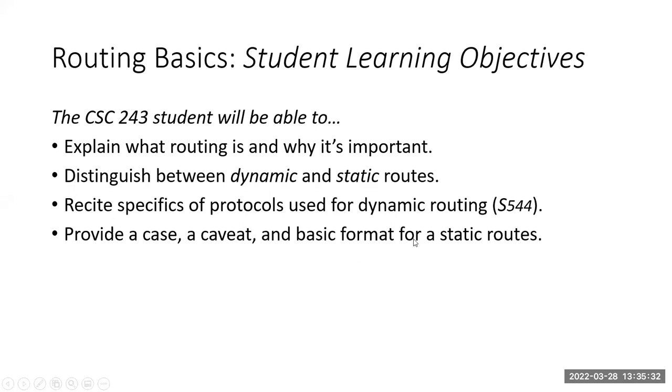Okay, we want you to understand why static routes are important, why you would want to use them sometimes. A caveat means an exception, right? So we want you to provide a case where you want to use static routes instead. And there, you want to know what the important exceptions are to that basic rule, and the basic format for building a static route, because there's a basic command. And I want you to know the basic command by heart. Rote memory. When you go into the packet tracer, I want you to be able to do this from memory,